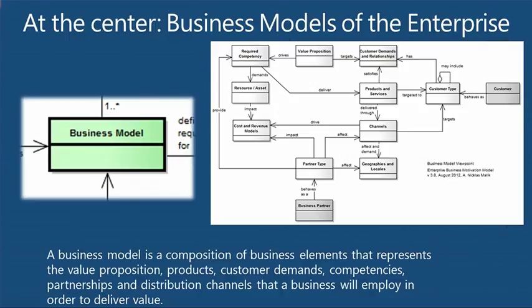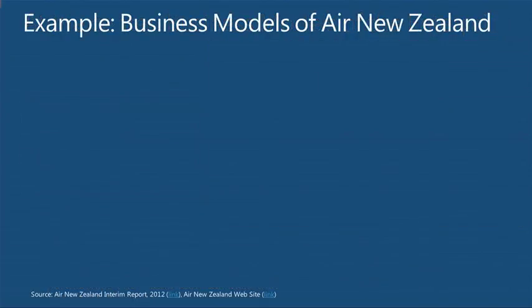A business model is not one thing. It's a grouping of things that makes it unique. The thing that's probably the most unique about it is the value proposition. If I can say that I have a value proposition that my organization provides, and I can say I have 3 different value propositions, maybe I actually have 3 different business models. Maybe. I'm going to give you an example, one for a company that most of you are pretty familiar with, Air New Zealand.